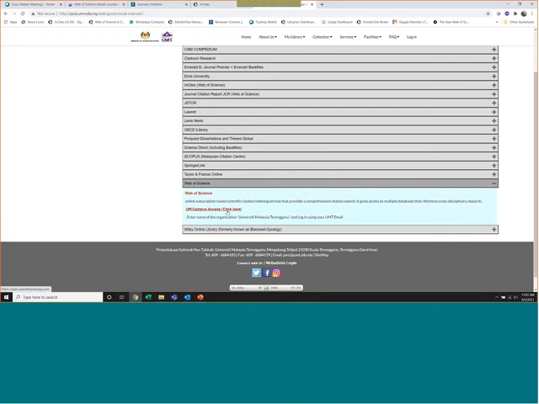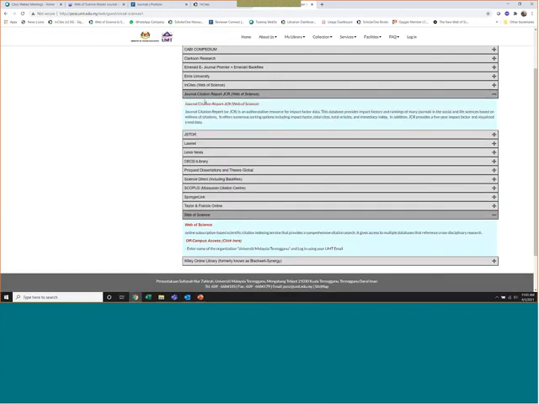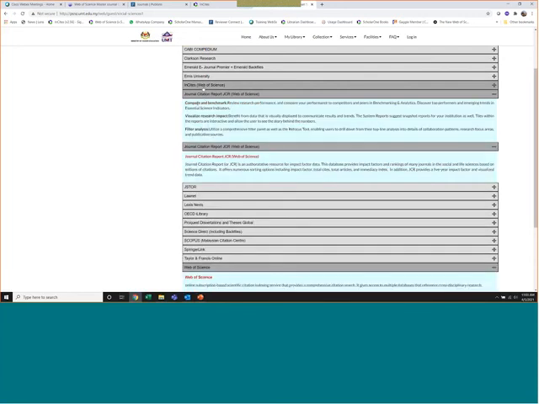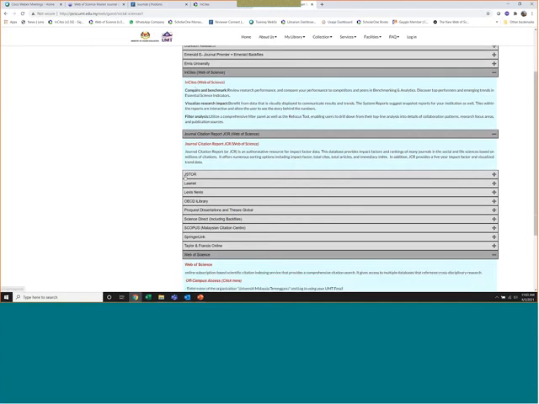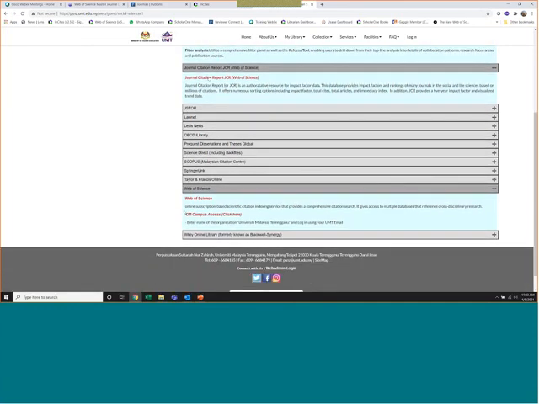Off campus, click this link. You also have journal citation reports right here, which I will demonstrate later on, as well as insights. So insights is a tool that you can use to analyze the data from Web of Science, so that you can clearly identify things like collaborators, funders, and so on. But for today, I'm actually focusing on just Web of Science and journal citation reports, these two tools.